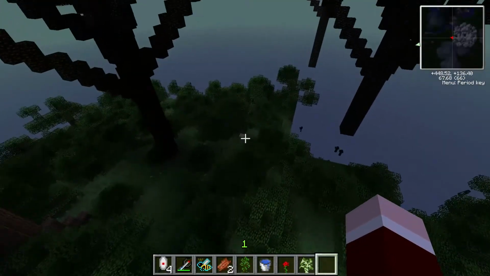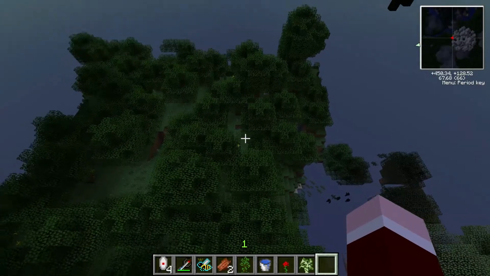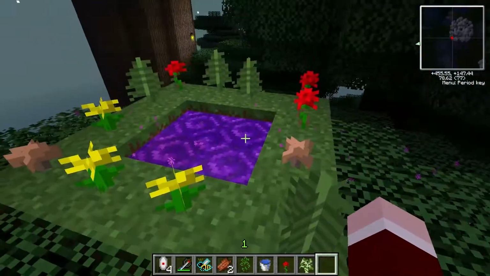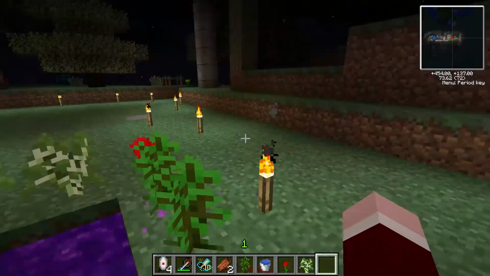There are bees here, as you can see, and insects and birds, and there's still monsters here, of course, but we'll be doing a spotlight on this particular part of the mod pack later on. Anyway,